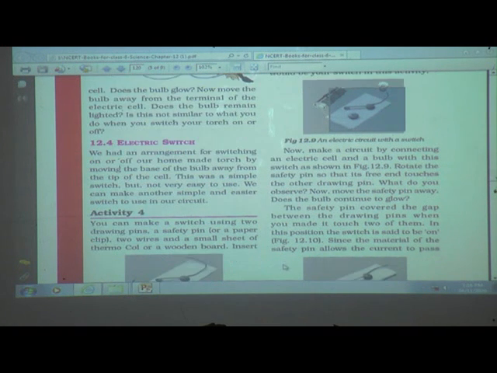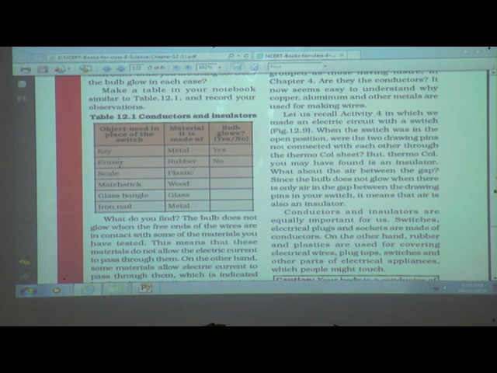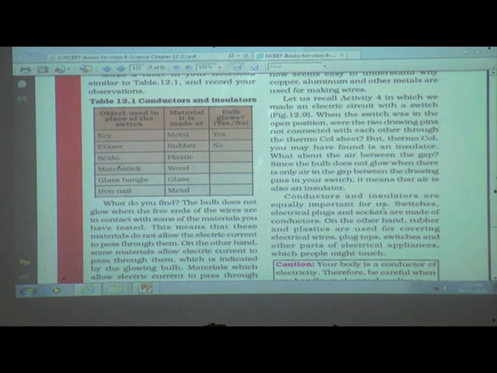Now see here, conductors and insulators are equally important for us. Switches, electrical plugs and sockets are made up of conductors. On the other hand, rubber and plastics are used for covering electrical wires, plug tops, switches and other parts of electrical appliances which people might touch.